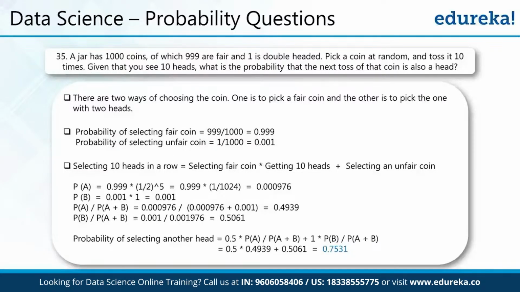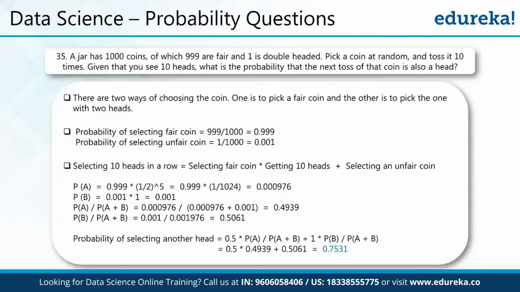So the probability of getting 10 heads in a row would be either you get a fair coin and toss 10 heads continuously. So this is one possibility. The second possibility is to select an unfair coin where the possibility of head is 100%, because both sides of the coin are head. So the probability of selecting 10 heads in a row would be selecting a fair coin multiplied by the probability of getting 10 heads, which is nothing but